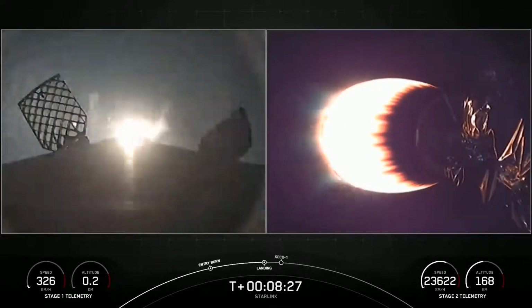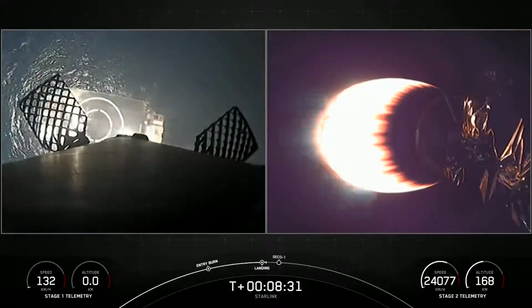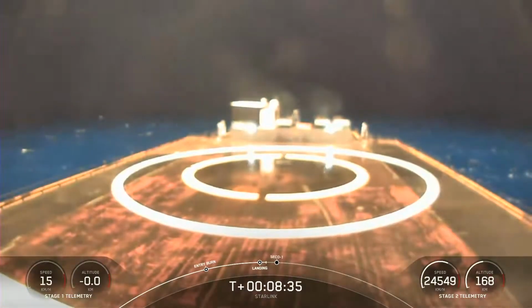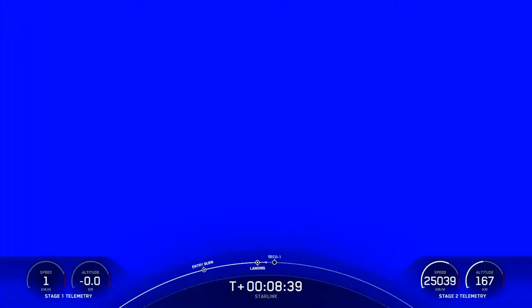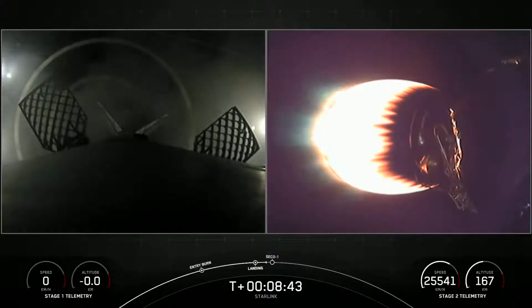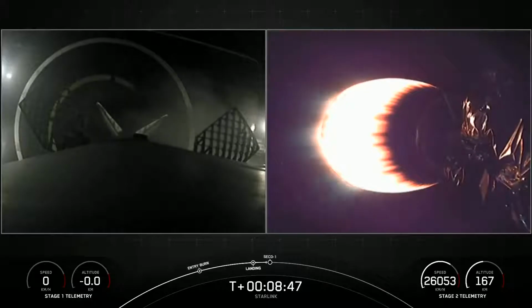Just Read the Instructions. And a really cool onboard view. Stage 1 landing leg deploy. And there you can see Stage 1 landing, the first stage Falcon 9 has landed